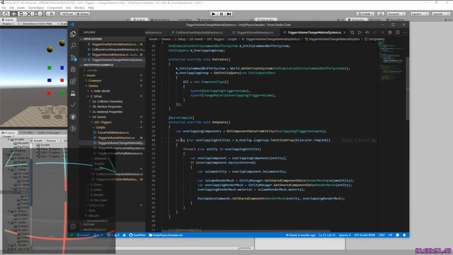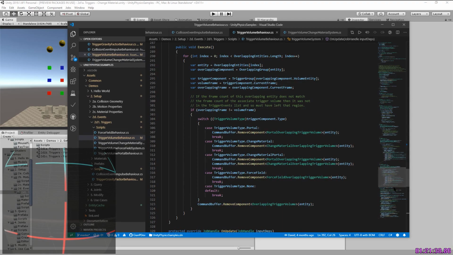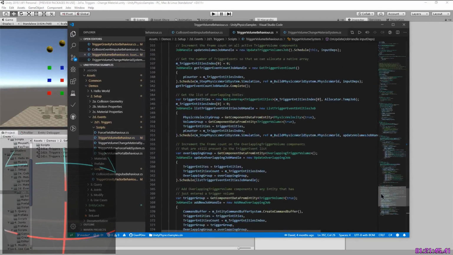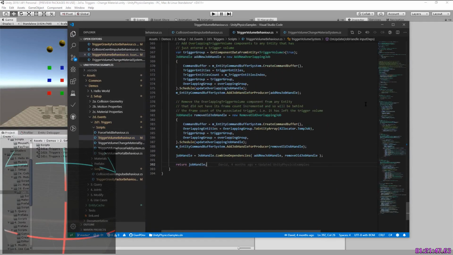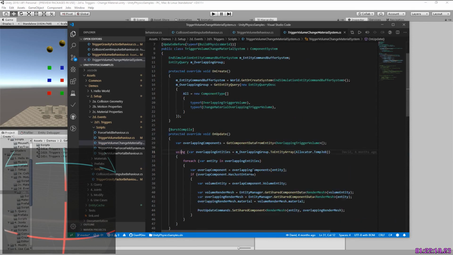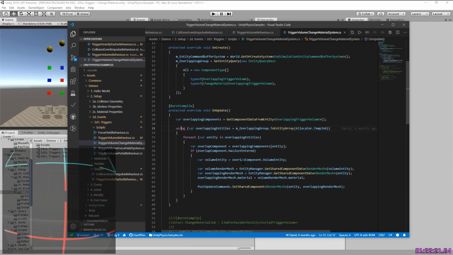I don't get this using var. What? So this system before was just handling the triggers and adding and removing components. This system just changes the color. So this one will be running in the main thread because it's not using jobs. And it's getting the component data of the volume. So that's these